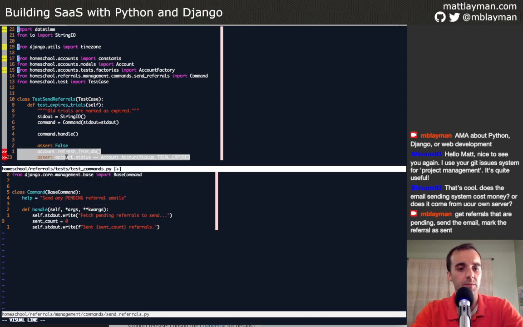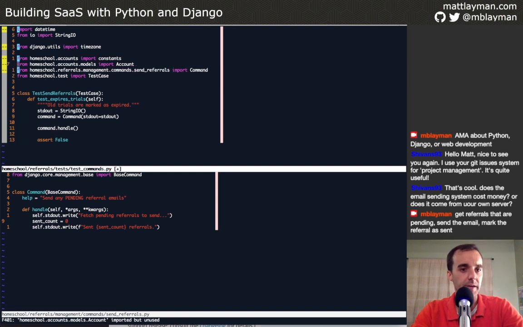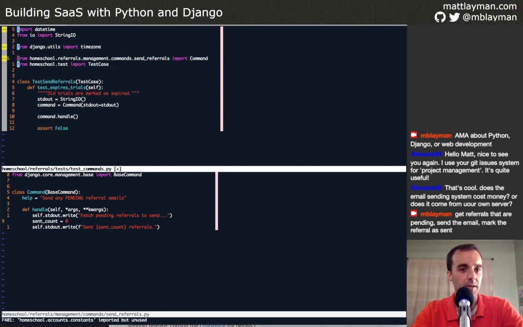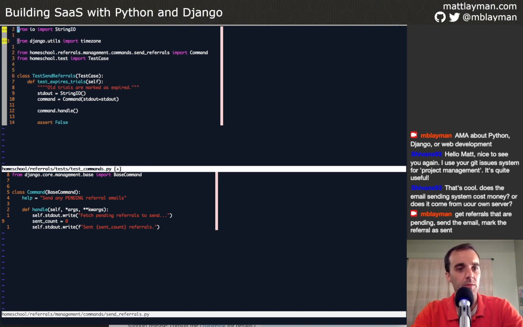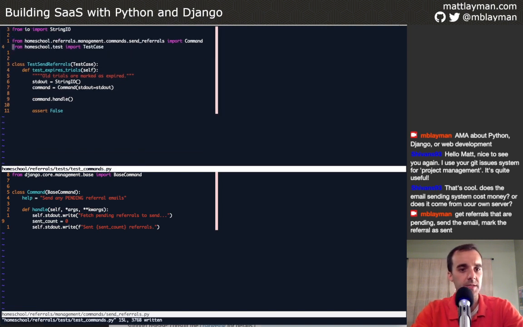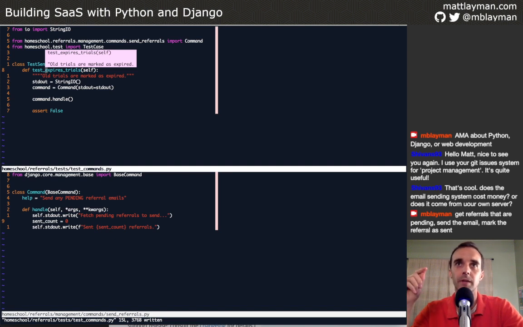Assert false because we want it to fail. We don't need the factory or the account or the constants. We don't need datetime, and we don't need the time zone stuff. So that's gotten us down to the minimum here, and then we'll change the test name. So this will be our happy path test. What do we want this to have? I want to be able to prove that this thing can, in a loop,